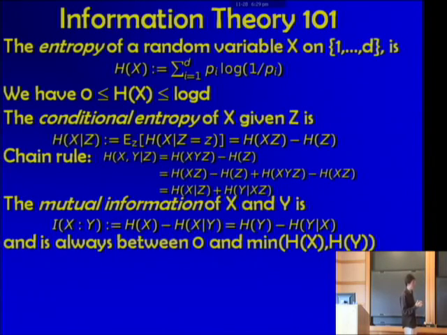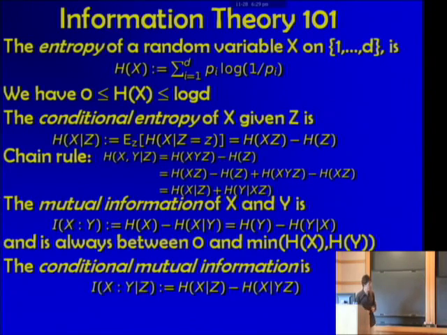So this is another very important definition, the mutual information between two random variables. We're almost done. The last thing we need is the conditional mutual information, which is defined as you would expect it to be defined. One way to define it would be to average over settings of z of the mutual information between x and y, or equivalently, you can consider the entropy of x given z minus entropy of x given y z,